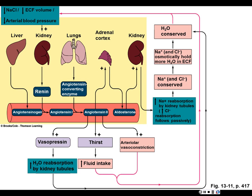Angiotensin 1. It too is just an intermediate molecule. It also has to be activated by a molecule called angiotensin converting enzyme, or you could say ACE. It originates from where? The lung. Causing angiotensin 1 to be converted into angiotensin 2. Okay? Angiotensin 2 is now our activated molecule that can target multiple tissues, including the cortex of the